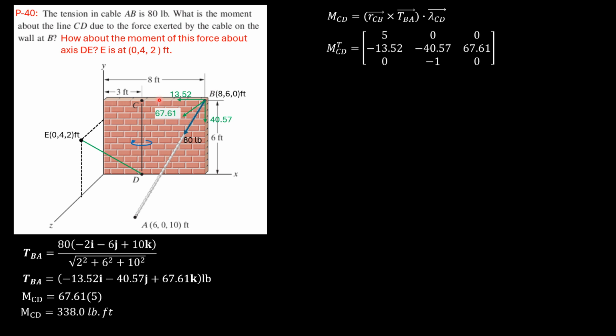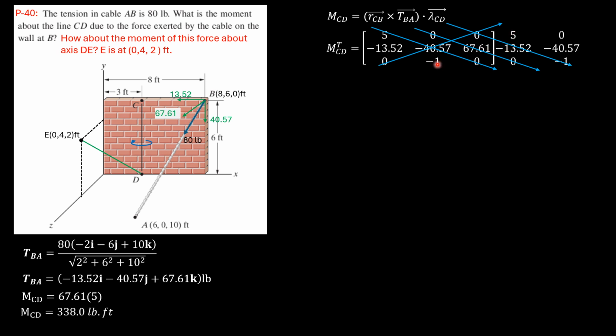And the unit axis vector CD is negative J, or negative 1J. So that's why 0I, negative 1J, 0K. Then copy the elements of the first two columns as shown. Then we now perform the product. I will not put the value when it is 0 like this one. That's 0, 0 again, then 0. Then 0. This one is negative, but negative of negative is positive.